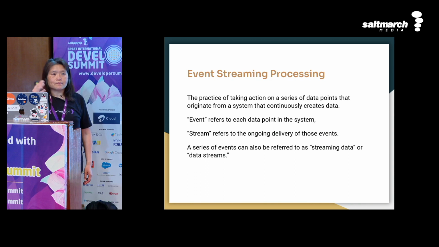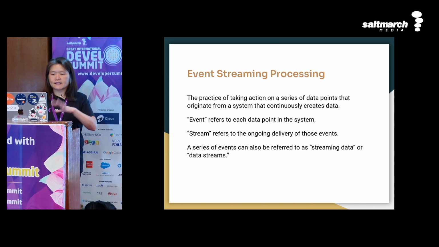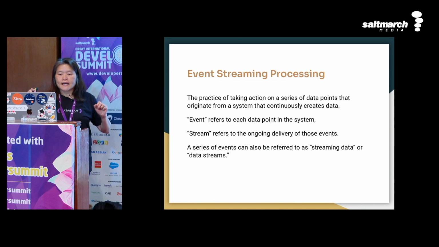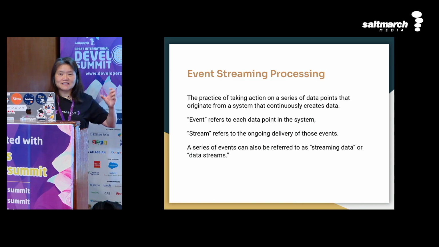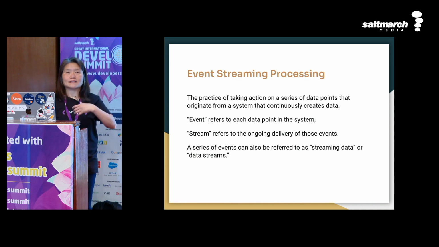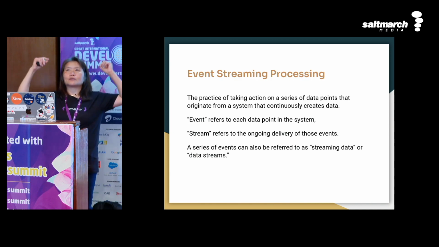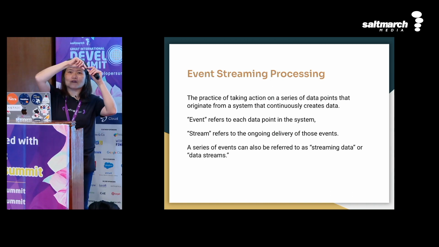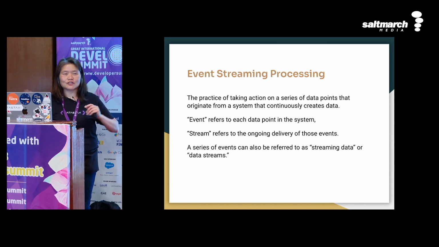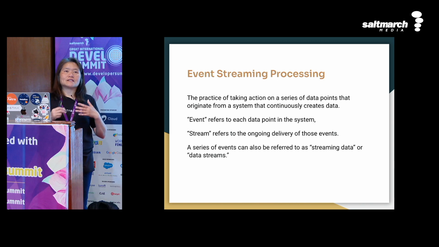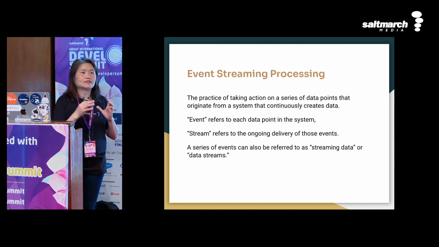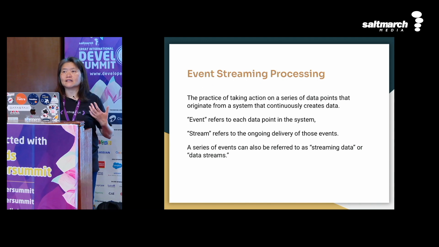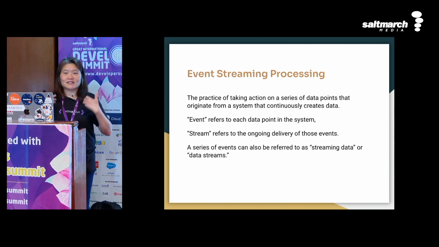So now, after a bit of introduction, if we look into events, they are basically each data point in the system. And a stream, as it happens, is that we are doing many things at different times, in space and time. So a stream is basically an ongoing delivery of these events. In order to track the data, let's say you're plotting a graph. These data points travel through time, and then you plot them. That's one example of a stream of data. But when we talk about data streams, it's a collection of many events together. That's the stream. Also, the challenging part is that it's asynchronous, and all of these things come together, making it challenging.